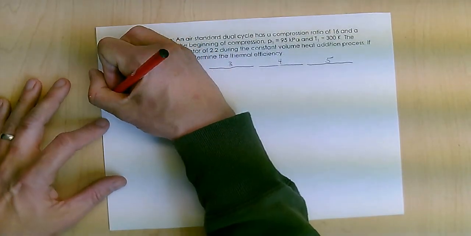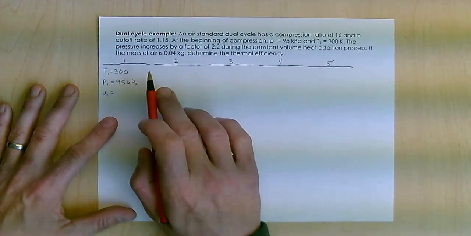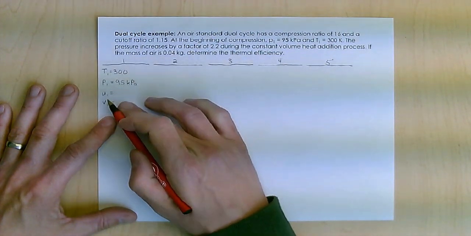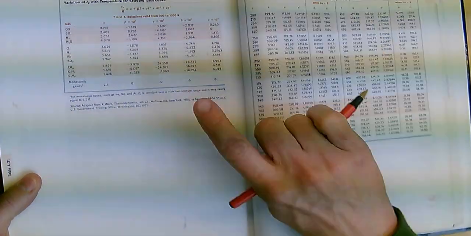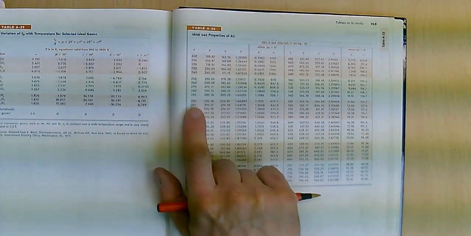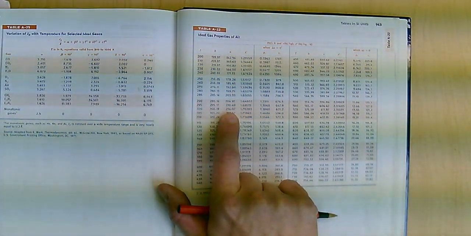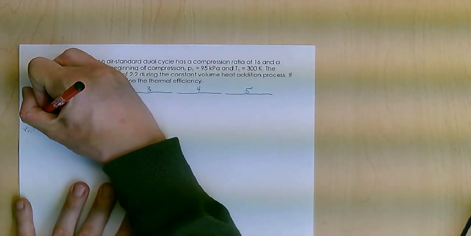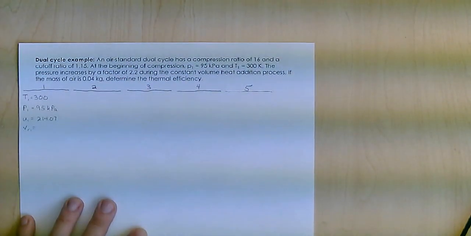So first off, I'm going to look up state 1. 1 to 2 is the isentropic compression, so I'm also going to look up VR1 because I'm going to use that volume ratio to figure out what's going on at state 2. So at 300 Kelvin, my U value is 214.07, and my VR value is 621.2. So go ahead and jot those down. 214.07